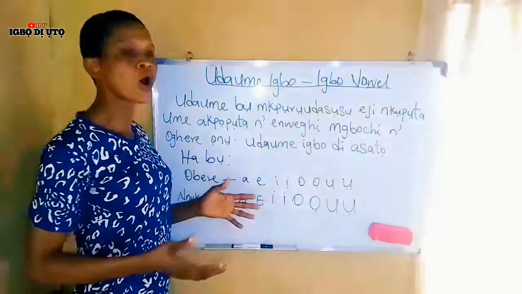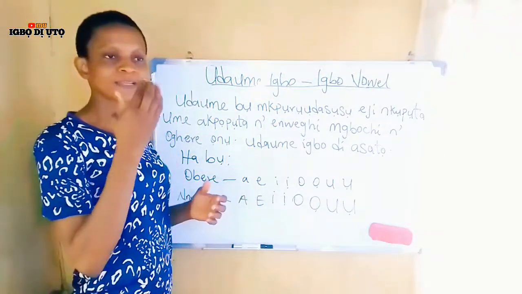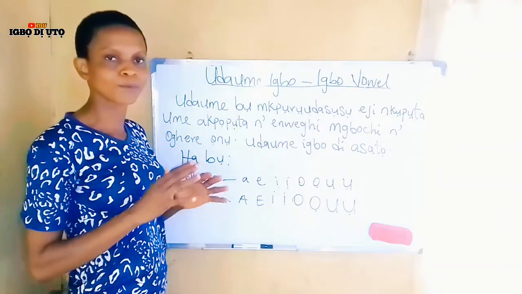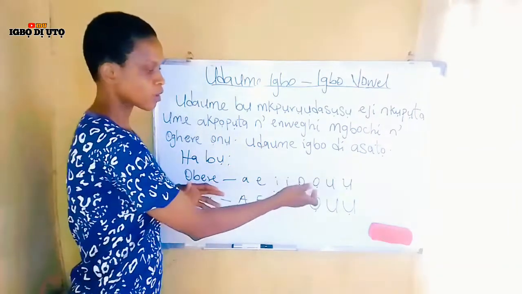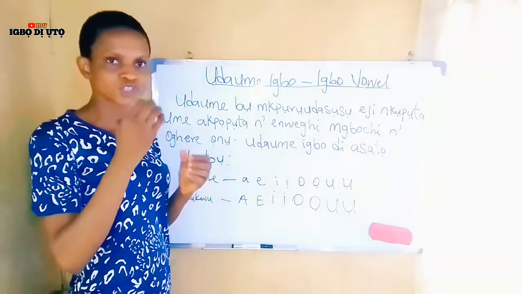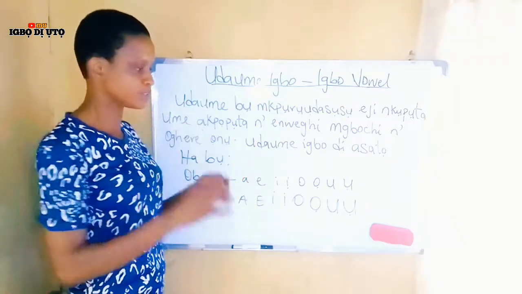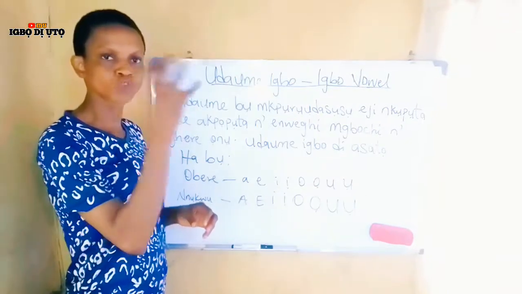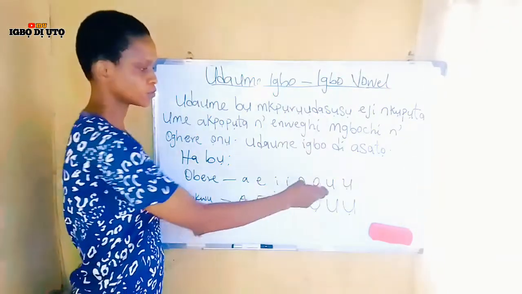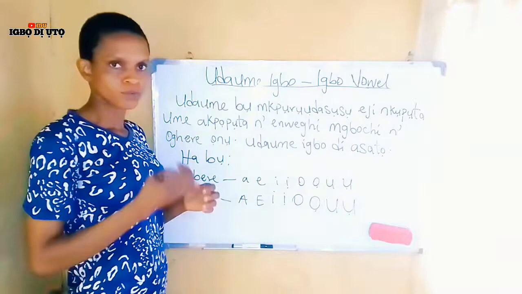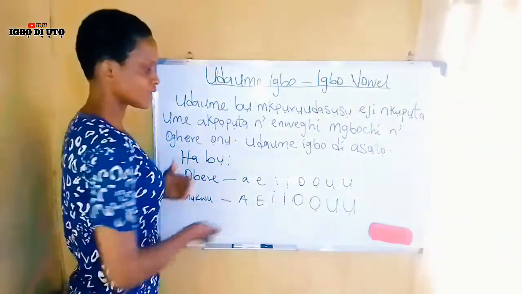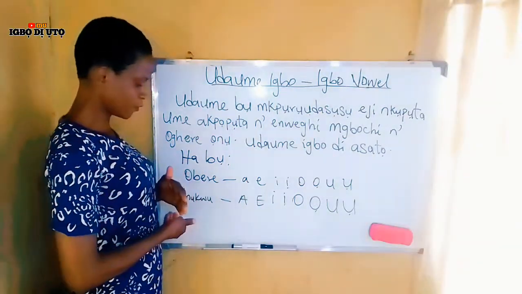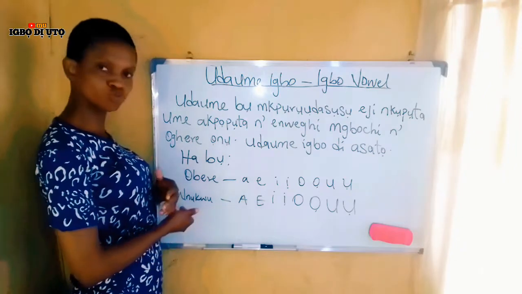Like this one, o, both the upper lip and the lower lip are opened fully. O, you see it, the two close a little bit. U, you see the two join together and move forward. O, the thing comes down. So that's the difference. And then if you look at the bigger ones, that is nnukwu